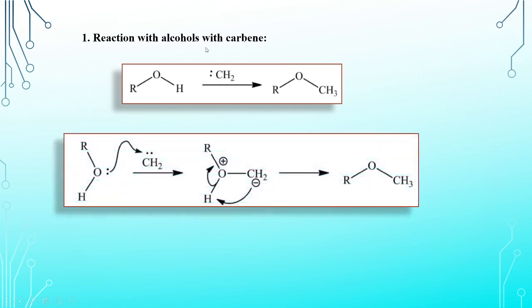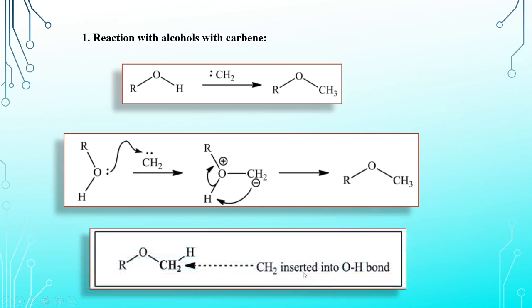See the mechanism. Carbene is an electron deficient species. Oxygen has a lone pair, therefore it can attack this carbon atom. When it is reacted with carbene, the CH2 is attached to this oxygen atom, and the electrons over this carbon atom can abstract this hydrogen, and the bond opens on this oxygen atom which carries the positive charge, and we get CH2 inserted in this oxygen-hydrogen bond. That means this forms an ether linkage. So CH2 is inserted into the OH bond.